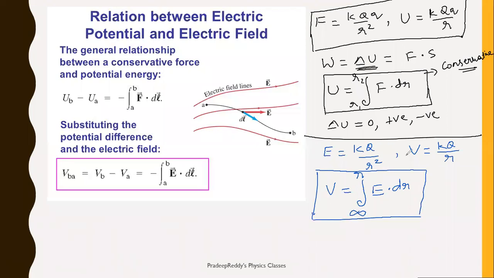Or even you can simply write it as V is equal to E dot R. Check it up. What is E? KQ divided by R square. And here this is the dot product of these two, right? K capital Q divided by R square into this R as it is. One R cancels. What you are getting finally? V is equal to K capital Q divided by R, right?